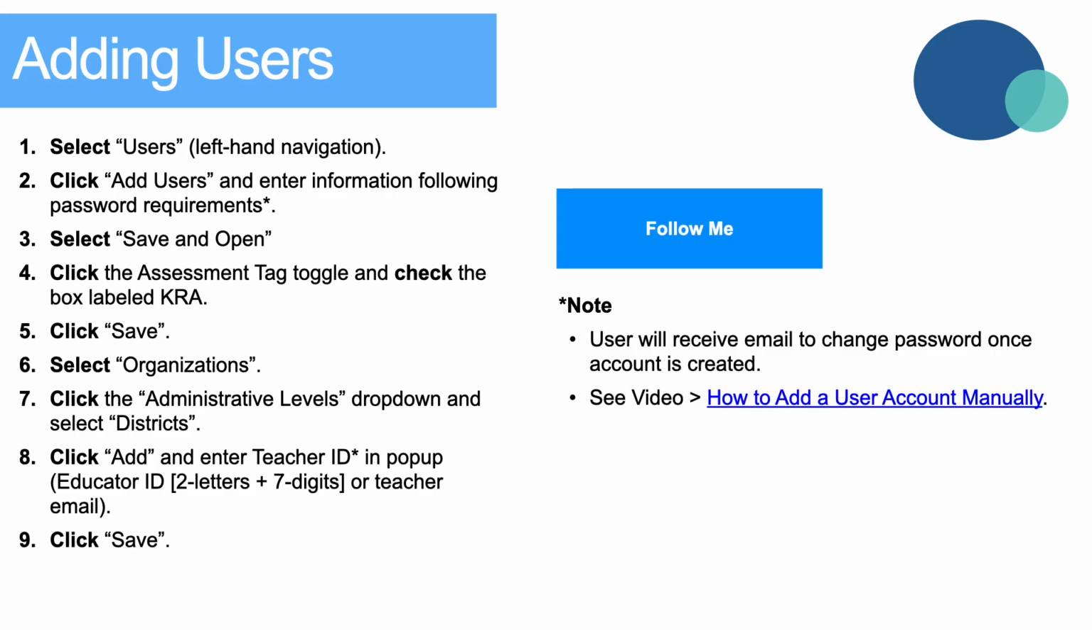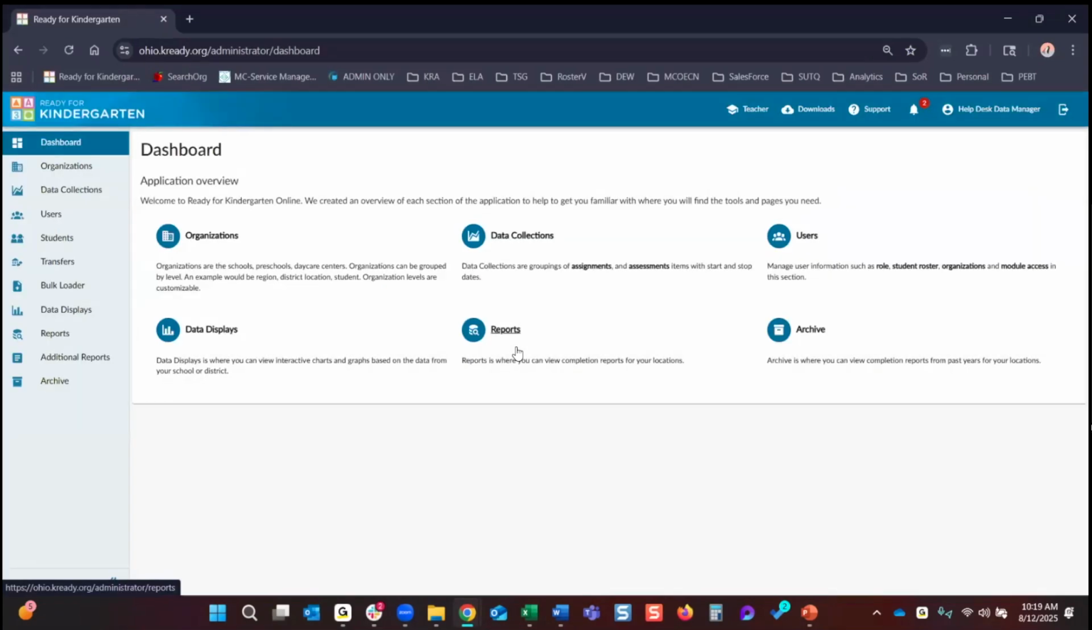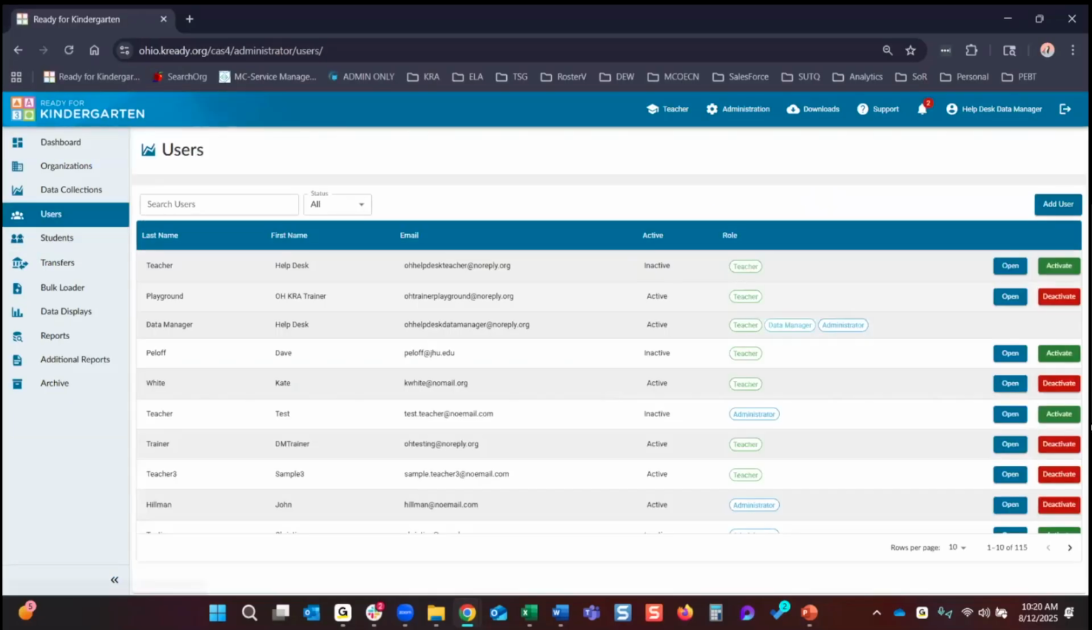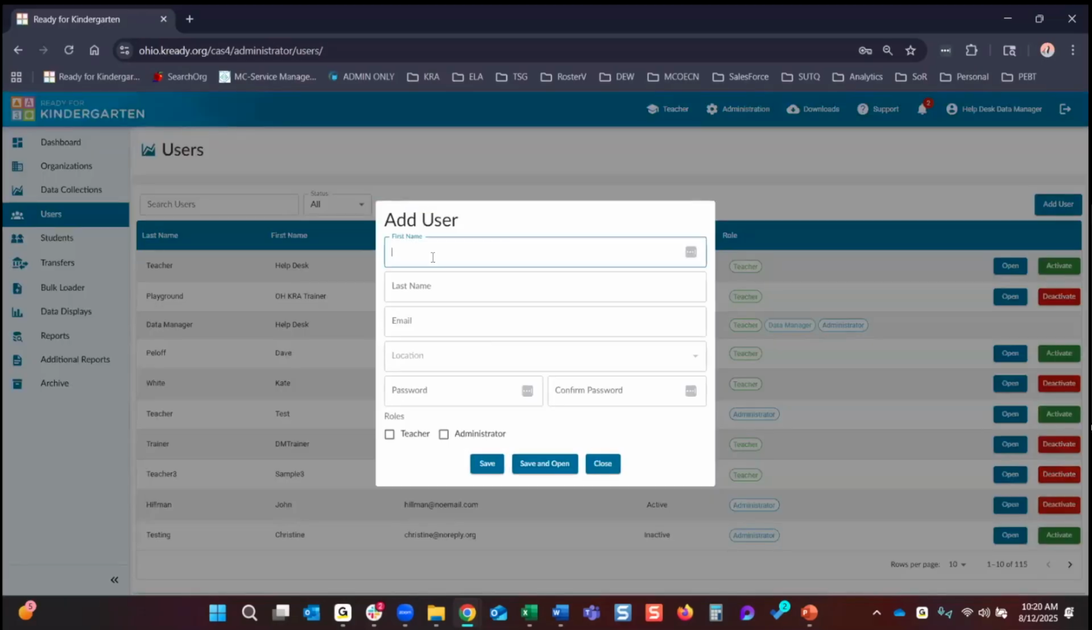Let's go to the KReady system live. And we'll start first with adding the user. So once you log into the KReady system and you're adding a new user, you have a new teacher that started, select your users, go to add user. And here you're going to put in their